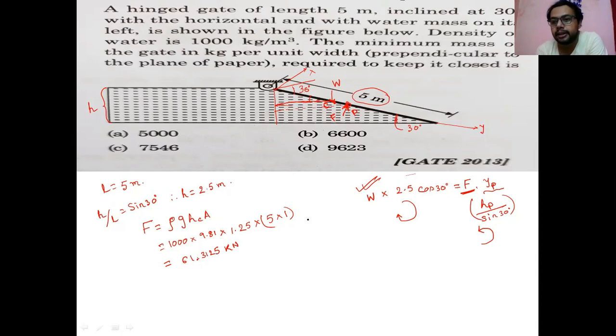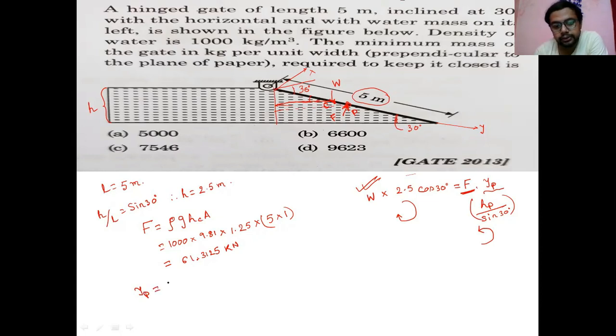Because if you divide by 1000, the kilonewton value will come here. So that is the value you are getting. Now the second task is to find the yp or hp. So if you are going to find the yp,